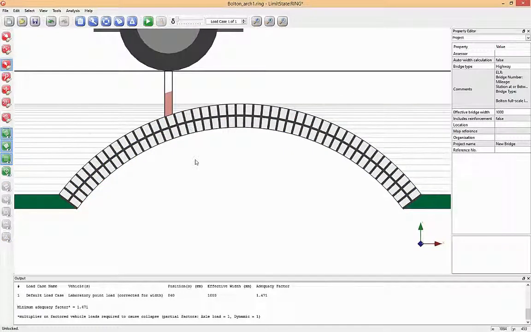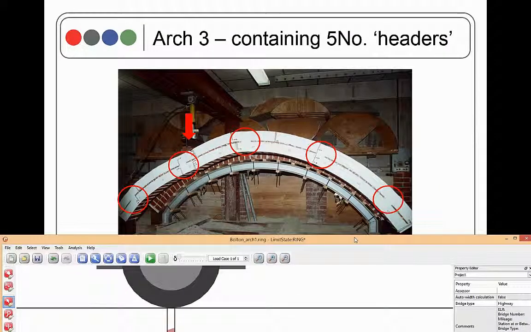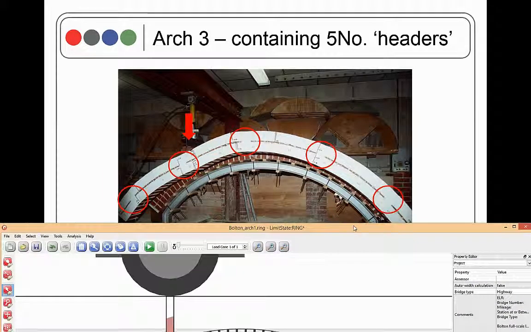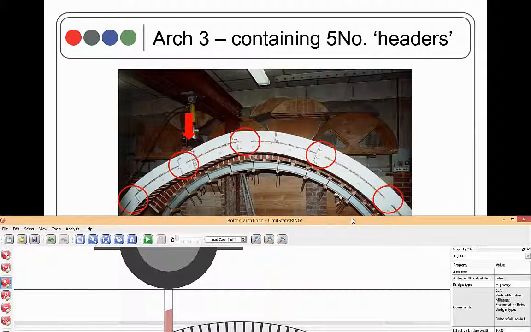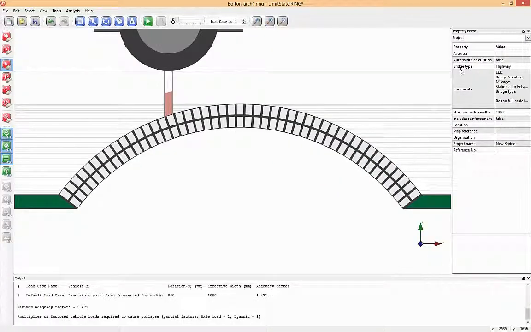Right. Now what I want to do is try to go back to what we saw in the lab and actually enter these headers to see what effect it does have on the load carrying capacity of the bridge. So what I'm going to do is use the property editor to specify those. So what I do is I choose to select